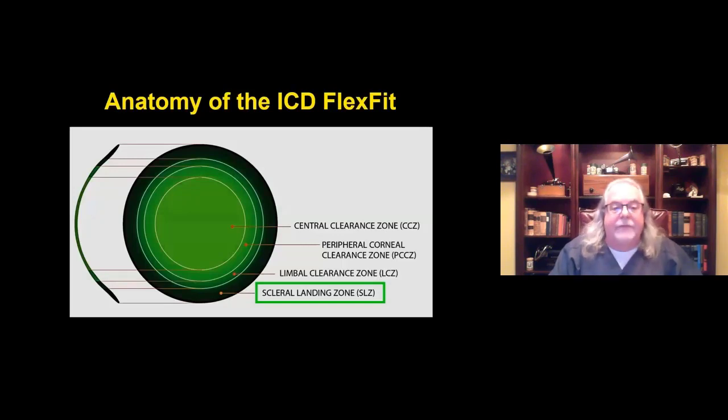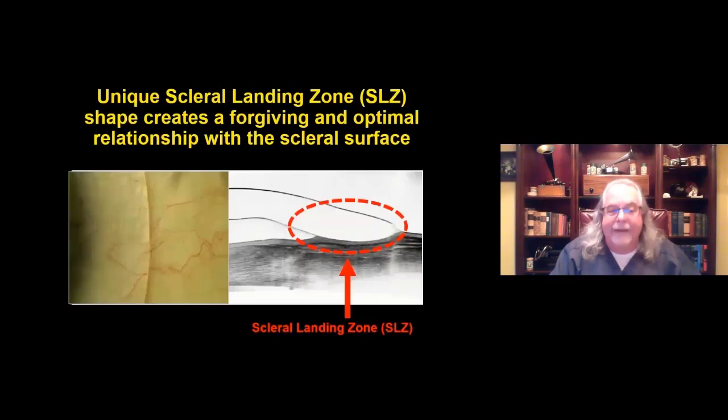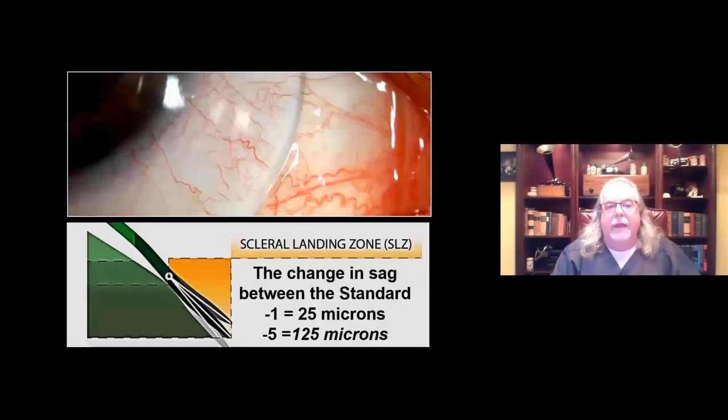Finally, the lens needs to land on the cornea somewhere, and of course that is the Scleral Landing Zone. This is an elaborate edge design that's been incorporated into the periphery of the ICD FlexFit and allows for this landing to take place over a fairly wide area and allows this gentle resting of the contact lens in the periphery. Now, as you can imagine, when we're flexing these diameters, it may be necessary to make some fine-tuning adjustments